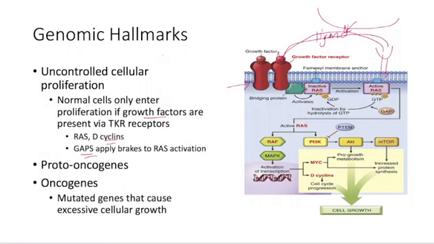So you're going to have ligand activation of the receptor comes in. You have a couple bridging proteins. You have an inactive RAS. We get activation. You have GDP, GTP. Here's GAP. So GAP usually applies the brakes. If we have activated RAS, then we are going to go into the nucleus and get activation of transcription, and then we're going to start getting cell growth. This would be unregulated if we have that activation of RAS and we don't have GAP to turn it off. That is one of the ways that we get this uncontrolled cellular proliferation.